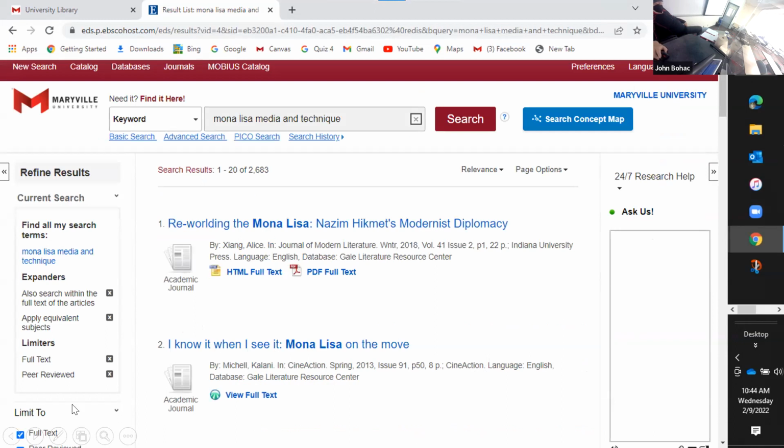And so what you can do here is, you see up here at the search, I had a keyword, and you can just put in anything you like here and refine your search that way. Media and technique. And so these are the hits that I got. And if you want to move your search in this direction,